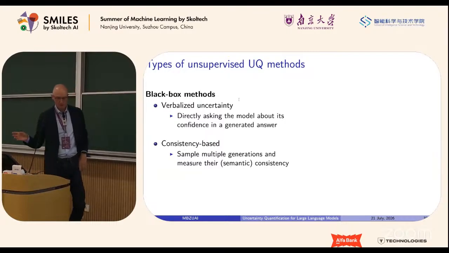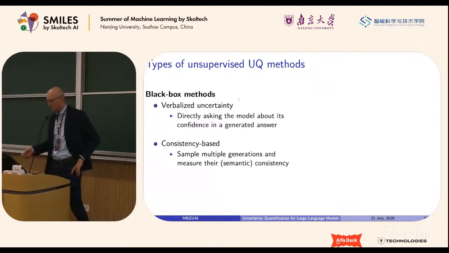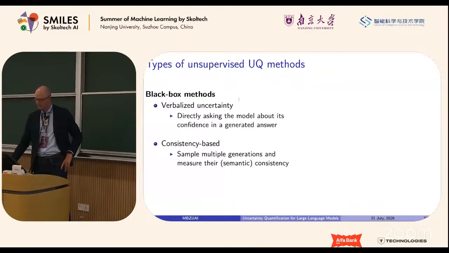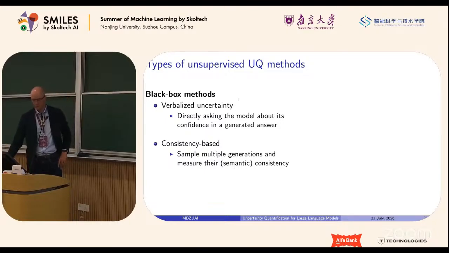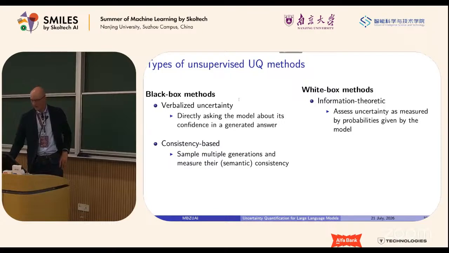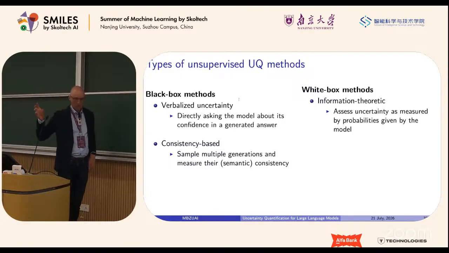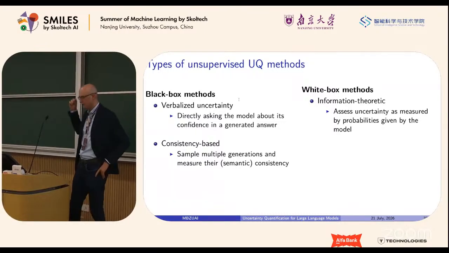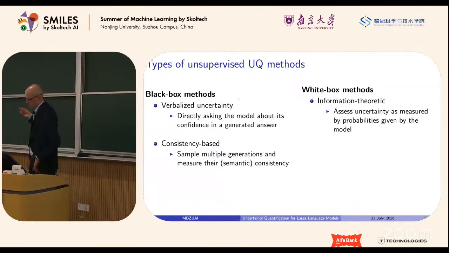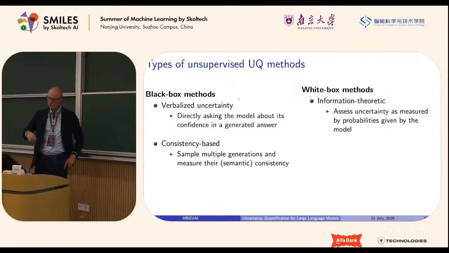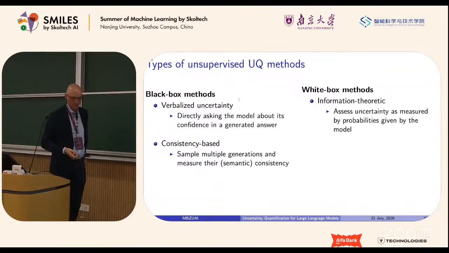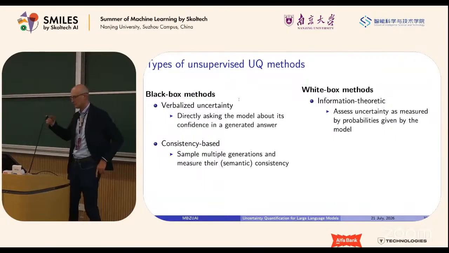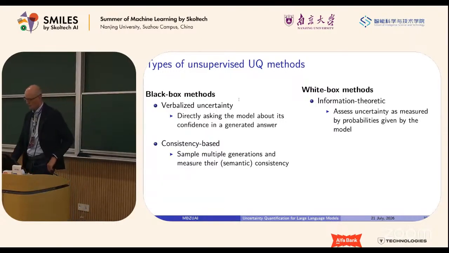The second thing is consistency-based methods. These are based on sampling, and they look at how the meaning of the answer changes when you're asking the same question over and over again. There is also a category of white box methods where you have access to internals of a model or logits. Information theoretic methods use logits of a model. Unfortunately, most of the APIs currently do not expose logits, but if you're deploying your model through, let's say, vLLM, these approaches are way more informative than, let's say, verbalized uncertainty.